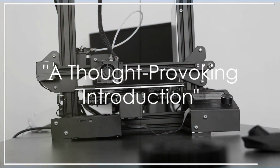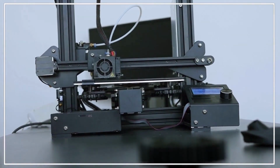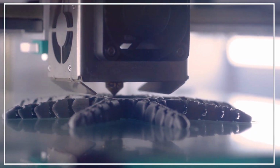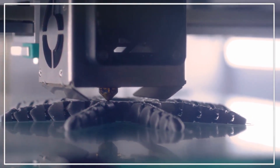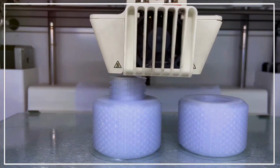Imagine a world where damaged organs and tissues are not replaced by transplants but printed. Sounds like science fiction, right? Well, let's explore the realm of bioprinting, a revolutionary technology that's inching us closer to that futuristic vision. Picture this, a world where waiting lists for organ transplants are a thing of the past, where the fear of